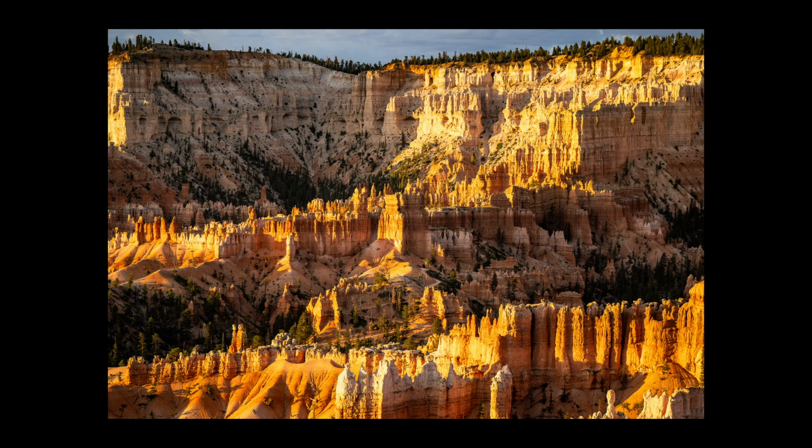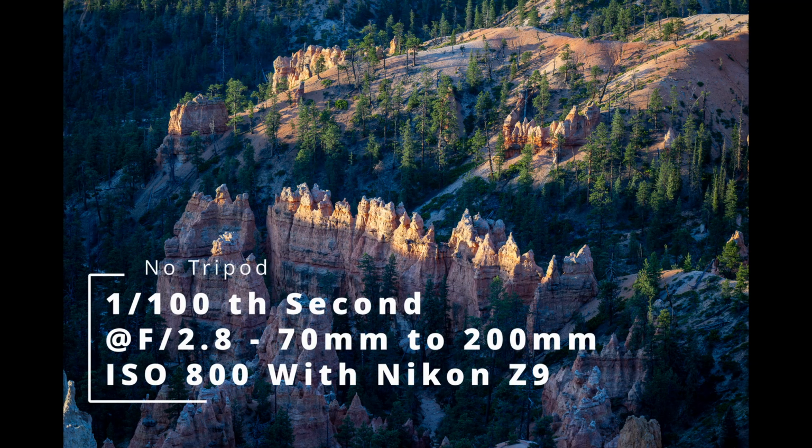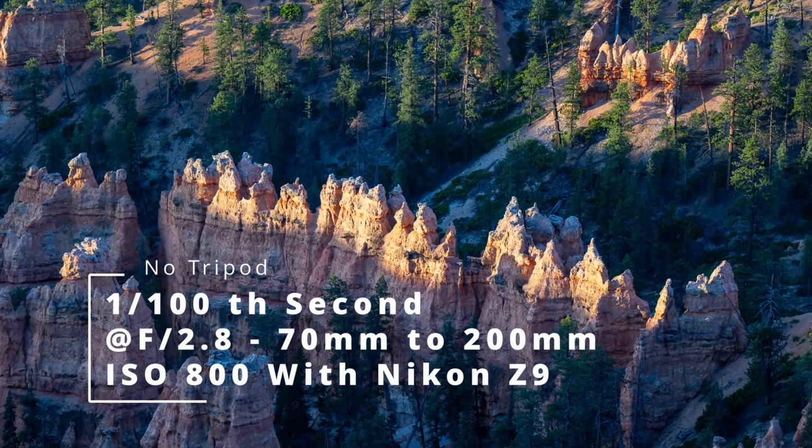Speaking of photographs, one of the things that I noticed with the Z9 in particular is that even at sunrise, there was plenty of light to take handheld, unassisted images. You can see that even right at dawn, as the light was peeking into the canyon, I was able to take this shot at 1/100th of a second at f2.8 with an ISO of 800 using the Nikon Z9